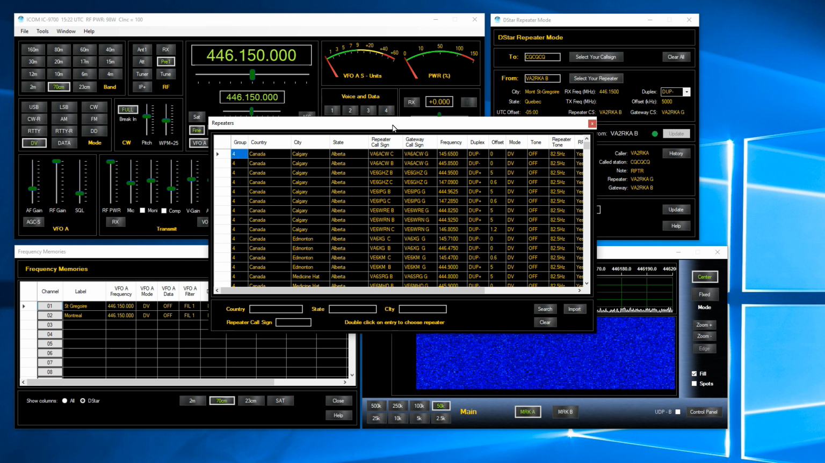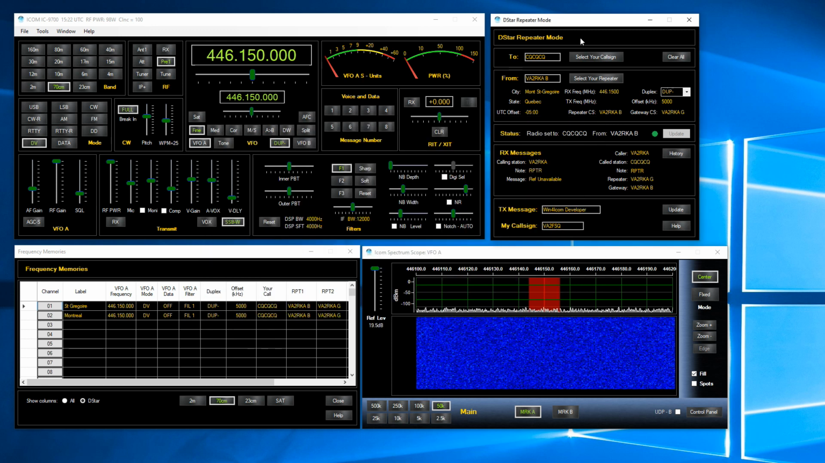Okay, once you have the screen set up, there's a lot of things you can do. You can put in the country, you can put in the state, you can put in a city. So I'm going to take Quebec because I live in Quebec. So I can enter that and I can click on search. This then gives me a list of all of the various repeaters in Quebec. The one that I'm going to choose is the one in Mont Saint Gregoire because that one seems to be the most reliable. So all I need to do is double click on it,